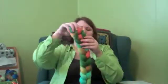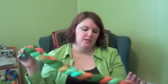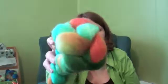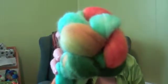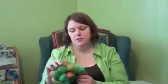grassy green color. And I love how some of the colors run into the others, and some colorways can pull that off and some can't. Sometimes stuff gets muddied when colors run, but this is gorgeous. I love this. So, so pretty. So this was the other one I had wanted from her. So I went with those 2, and I released Radio Flyer back into the world so somebody else can have some. I didn't want to be a hog. I figured 2 was good. Any more than 2 makes you look